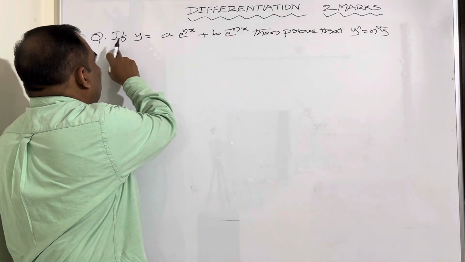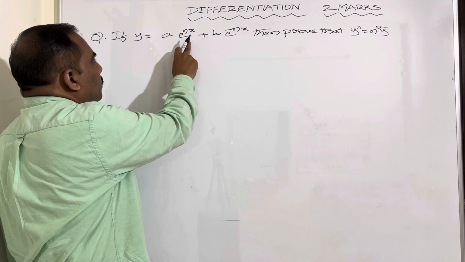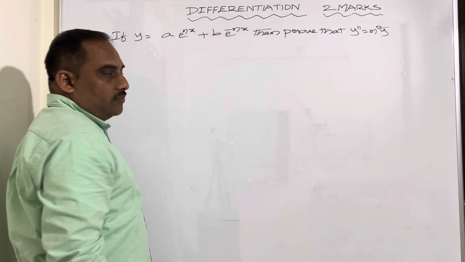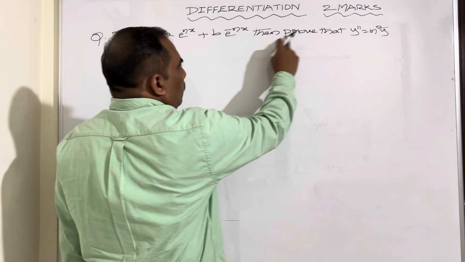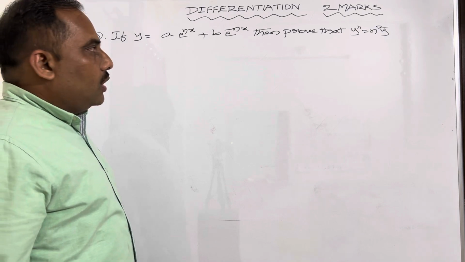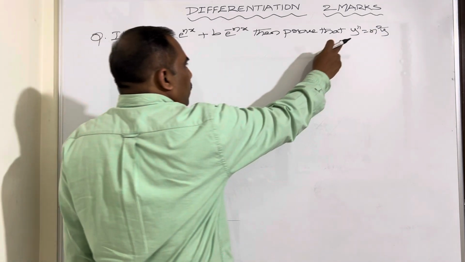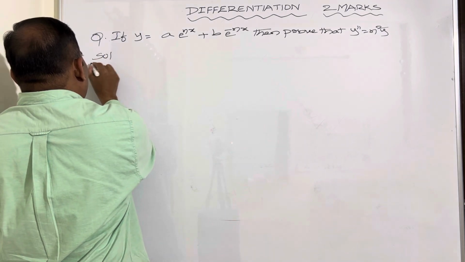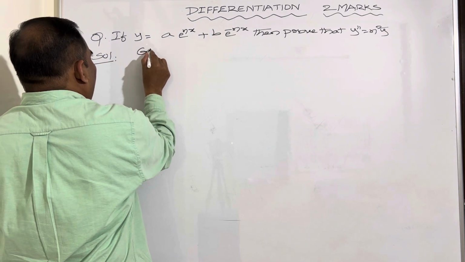Question is, if y is equal to a into e to the power of nx plus b into e to the power of minus nx, then prove that y double dash is equal to n square into y. Means here we have to do the second derivative. So in the solution, given that